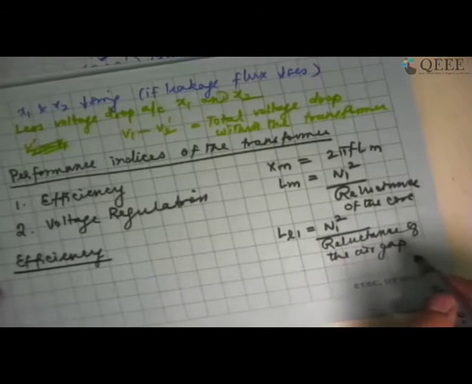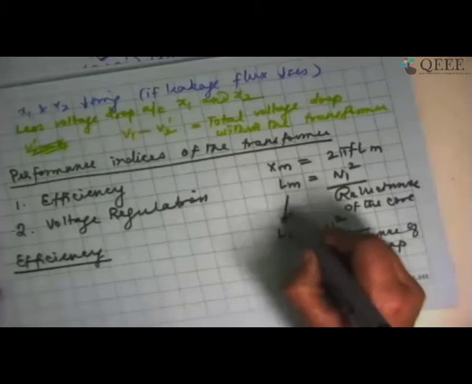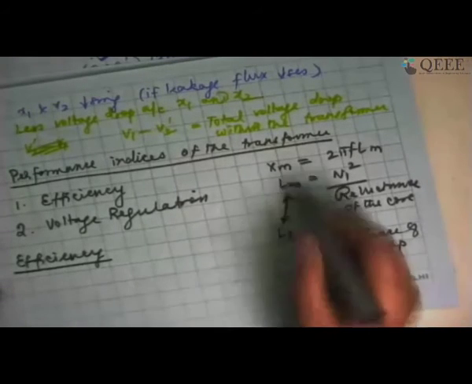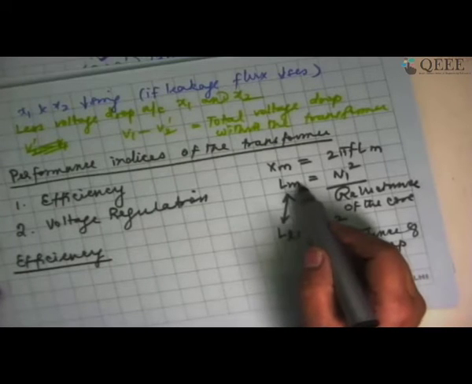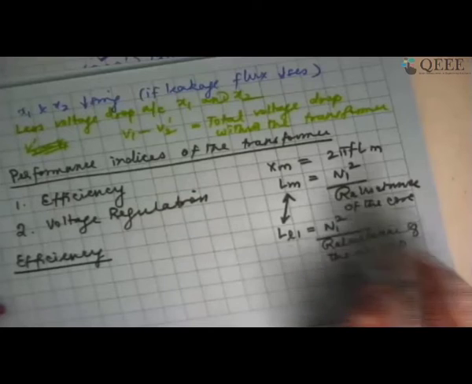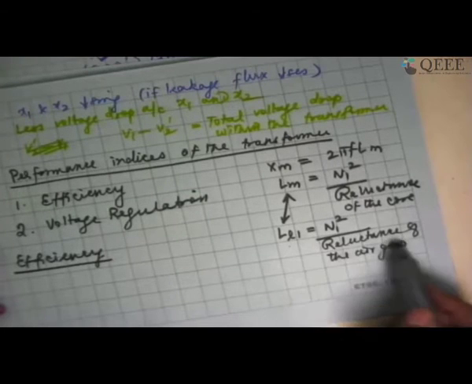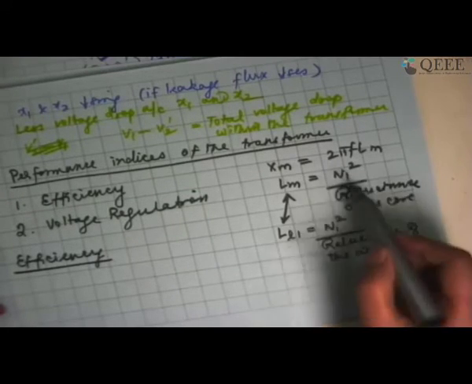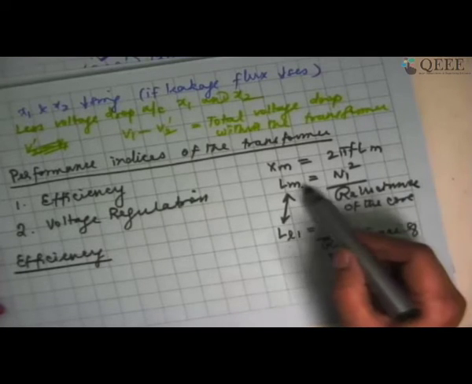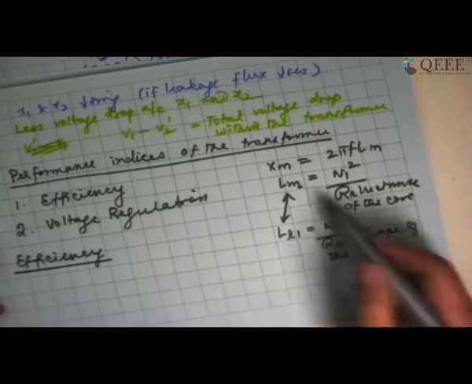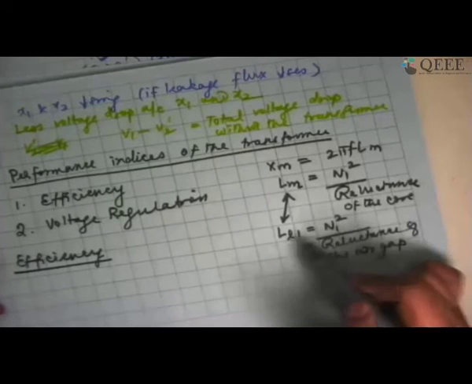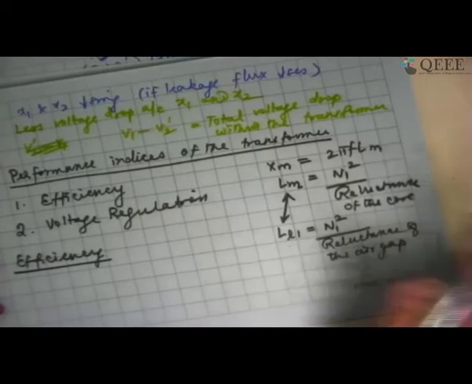Air gap is actually whatever is your window length and thickness, that is what is going to contribute towards this. Now, the relationship between these two essentially tells me what is the fraction of LL1 compared to Lm. That's what tells me how much is the percentage leakage reactance. So, by adjusting the length and window in proportion to whatever I am getting as Lm, I will make sure that I am keeping the leakage reactance under control.